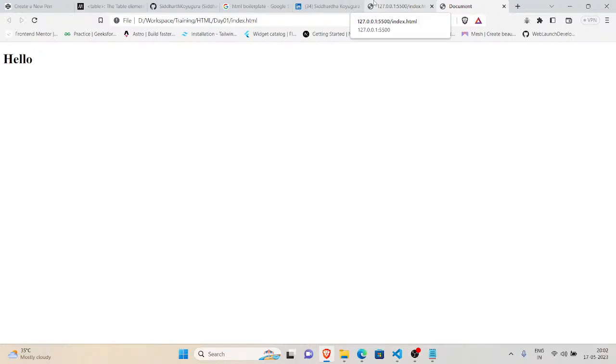Rahmat, Shiva, Prakash, you guys are active. That's good to see, guys. Same output, Santosh Kumar. That's great. Have you observed this document? We are getting a document here, and we are getting something like a 127.0 IP address and slash index.html. Why?